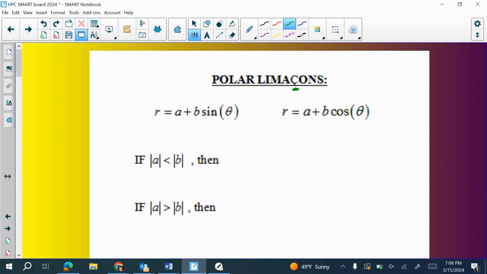So notice how close the limacon is to a cardioid, right? The coefficients are different, as opposed to being both the same. So it's kind of like a mutation of a cardioid. Now, if your first coefficient is smaller, and we saw this already,